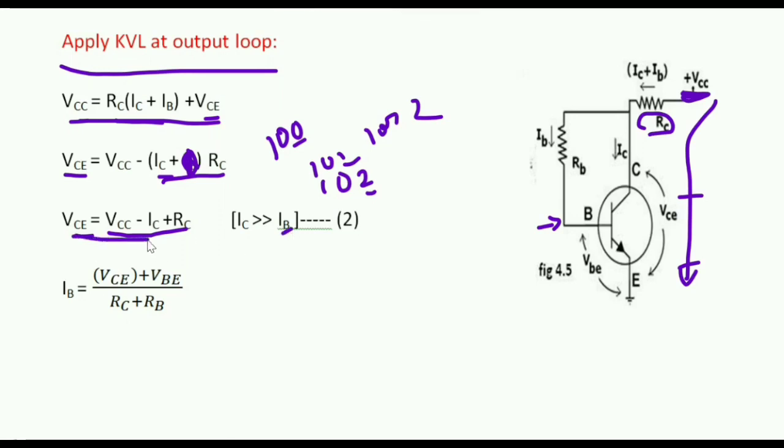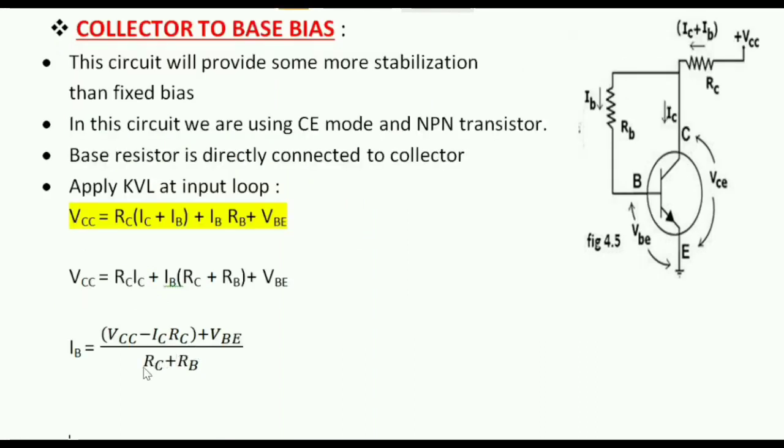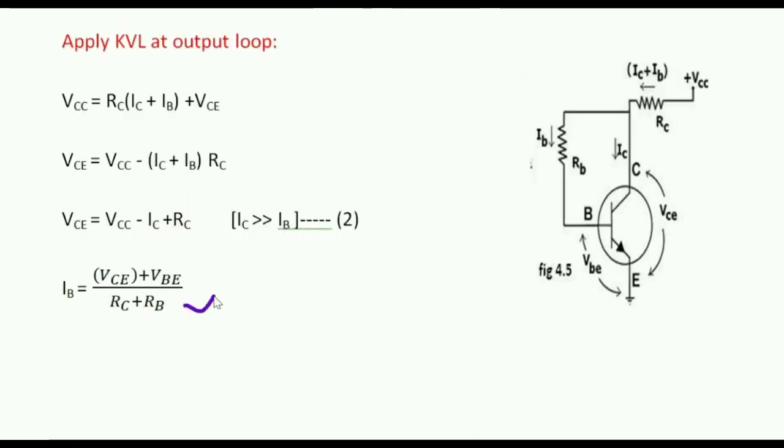This is the final equation. If we substitute this equation in the final equation of the input loop, that is IB, we have seen that VCC minus ICRC, we can replace that value with the VCE. Let us see how it is. If we replace VCC minus ICRC value with the VCE, we will get this equation. From this equation, we can understand that